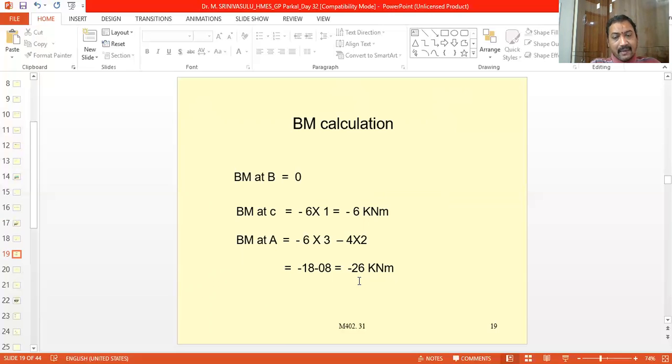So the bending moment at B is equal to 0, at C is equal to minus 6, and at A is equal to minus 26. So all are 0 and minus values. So we have to take